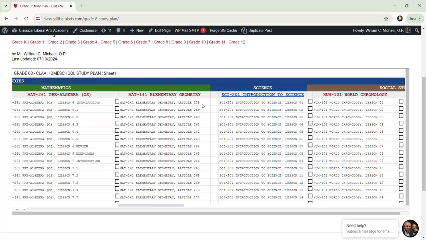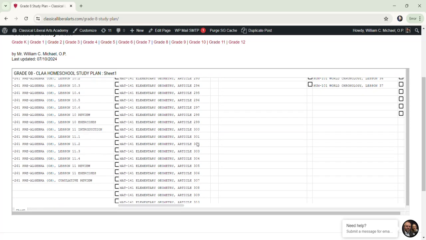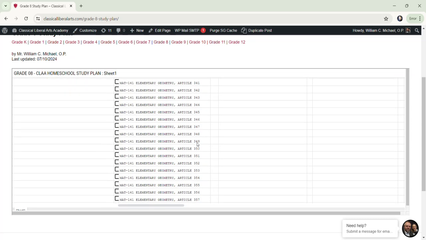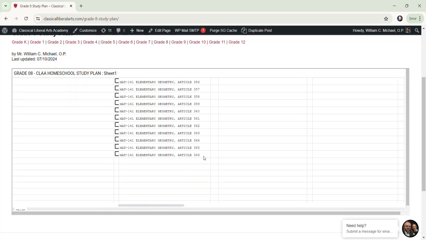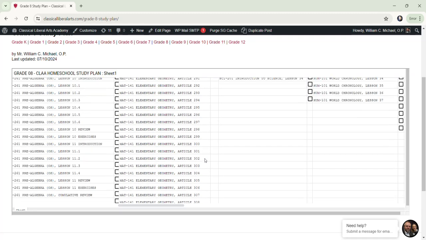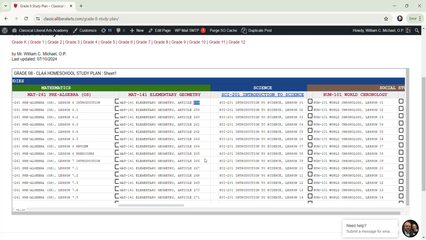And you can see that by 8th grade, we're in lesson 258, working down through lesson 366. And that's not a complicated study. It's, like I said, elementary geometry, very valuable stuff. And again, we're trying intentionally to cram in 8th grade, which is a very important year because it really sets the tone for what we're going to be able to do in high school, getting off to a good start